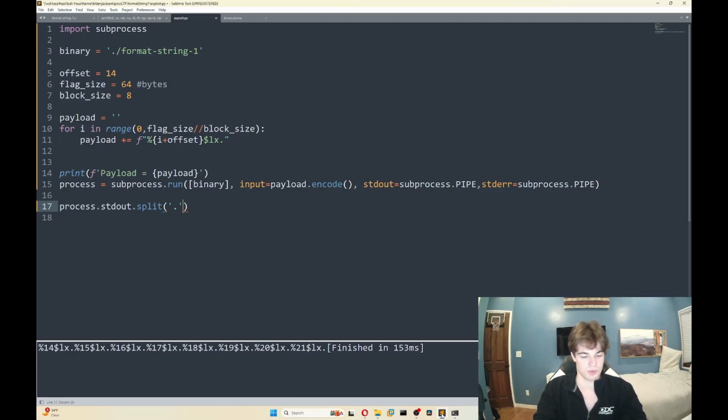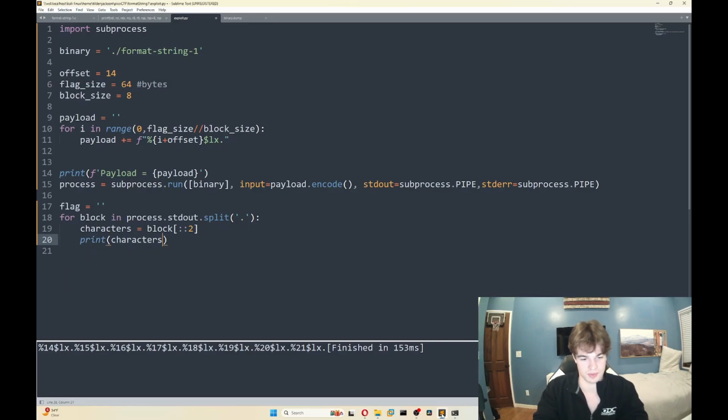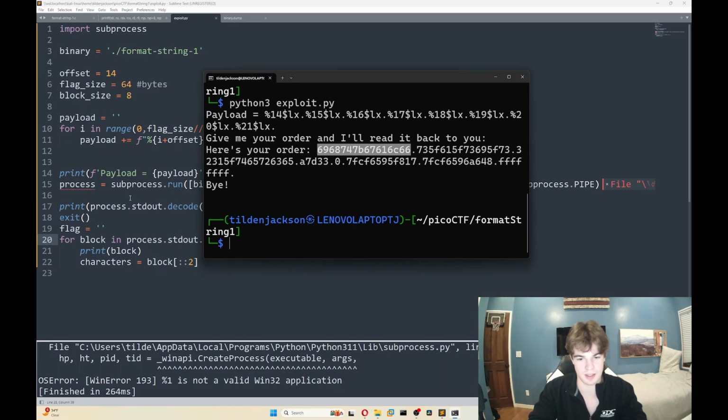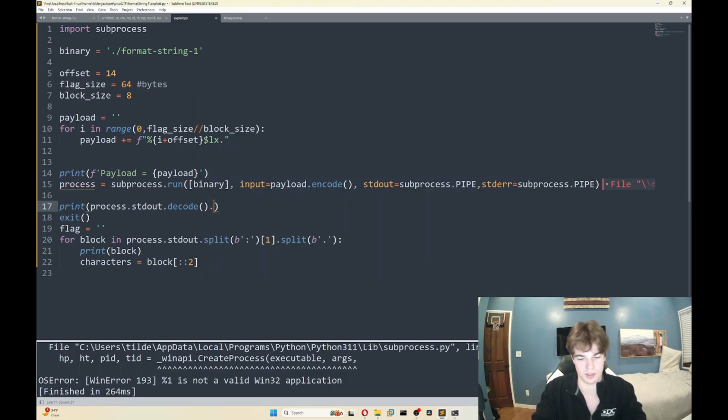And finally, when we split here for block and this, we'll go ahead and first split the block into characters, right? So characters, and we'll start our flag off here. Characters are going to equal this block in spots of 2. Now just printing out characters, make sure that we did that right. So we're going to need to split by lines. So we'll go ahead and call dot splitlines,